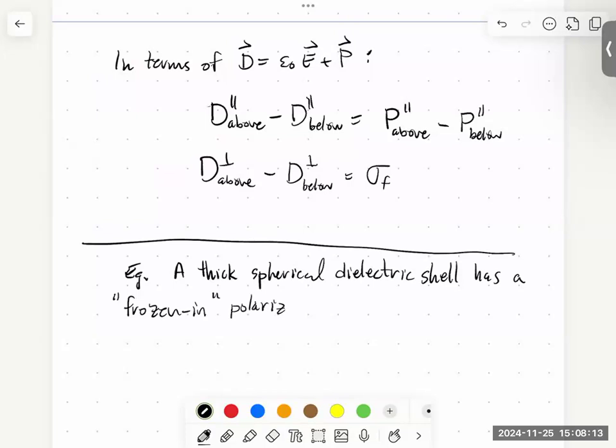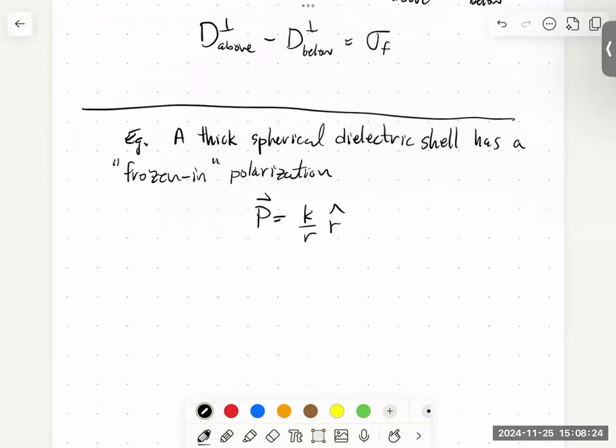So somehow we have some material that has a polarization K over r r-hat. What frozen in means is that somehow we have this polarization even when this dielectric is not in some external electric field. And so the question is, find E